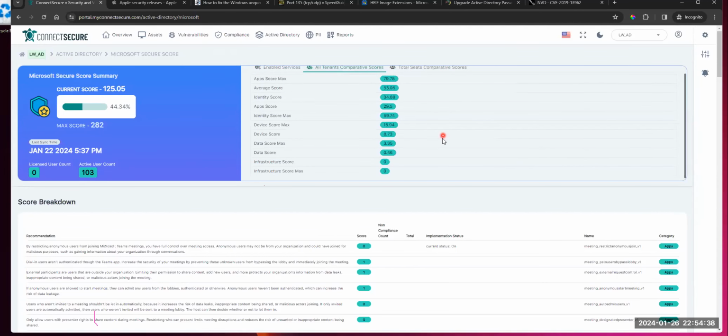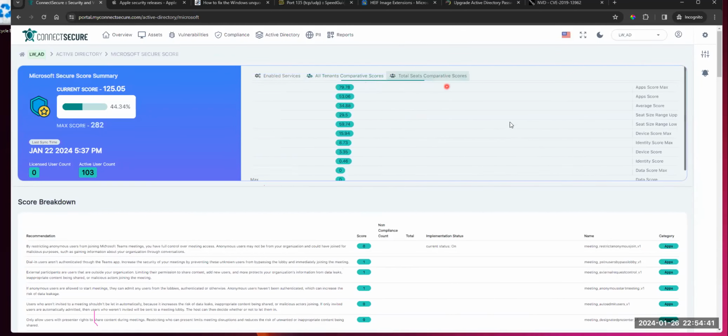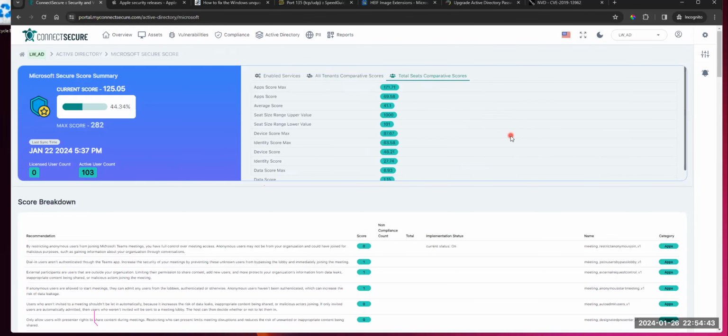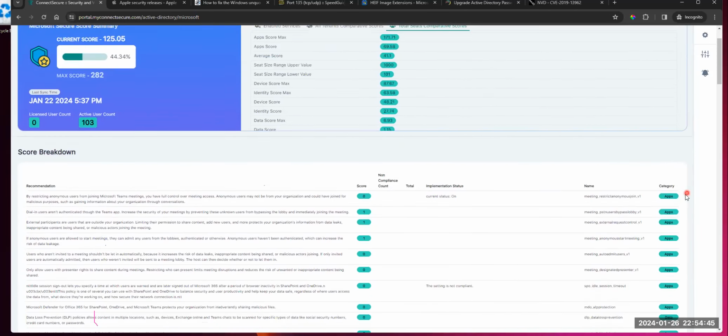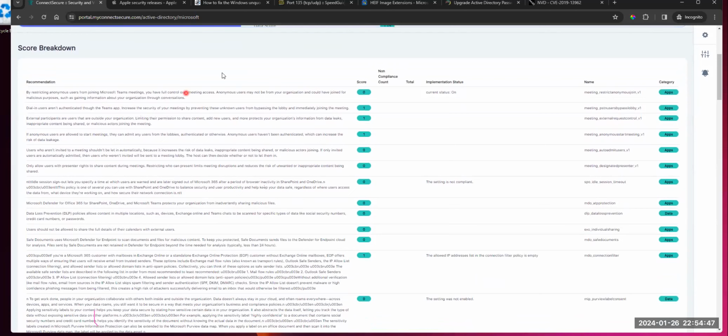You've got the comparative scoring against all tenants, and then the total seats comparative scoring, and then below the full details of all of the different checks that Microsoft's doing to determine what your secure score is. So this is just directly pulled from Microsoft APIs. We are not scoring this. We are not grading this. It's just what we see from Microsoft Secure Score, and we display it for you